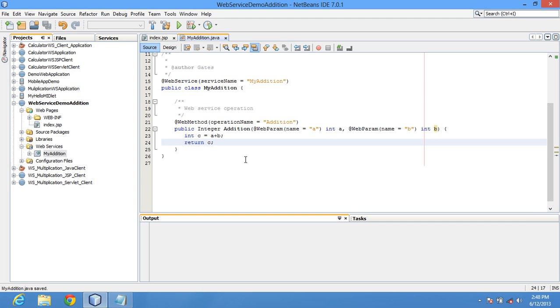Yes, so now we are done with the logical part of our web service, which takes two parameters as input and returns the sum of those two parameters, the value c. Now let us deploy this first and then we'll test it. Right click on it, deploy.